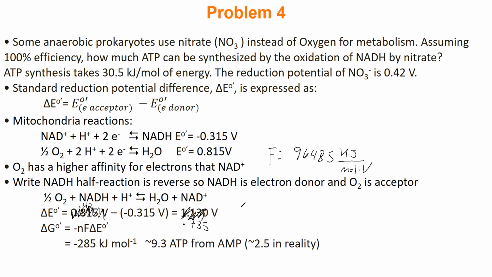Then we plug it into our delta G. Delta G equals -2. The 2 comes from the fact that we're moving 2 electrons, times Faraday's constant, times our voltage, 0.735. That equals a negative 142 kilojoules per mole, which if we divide by 30.5, we can roughly make 4.6 ATP,